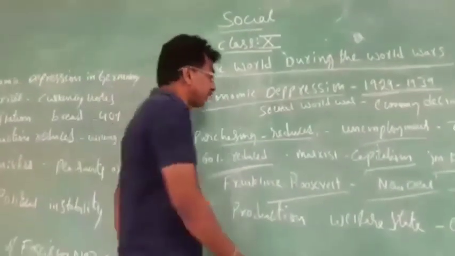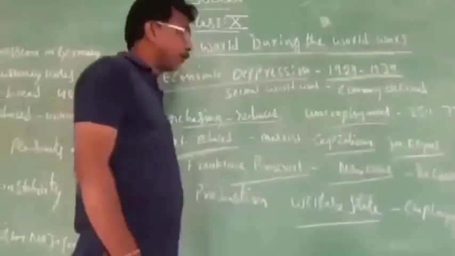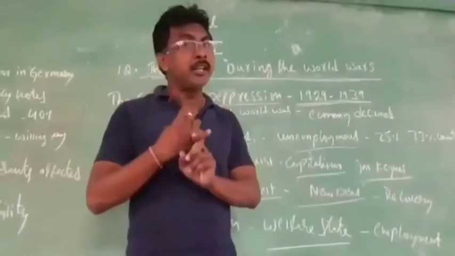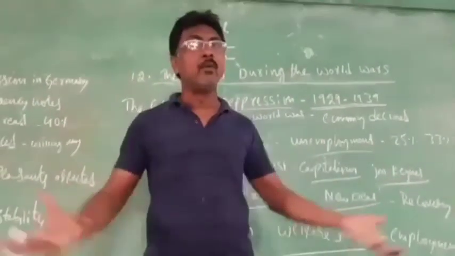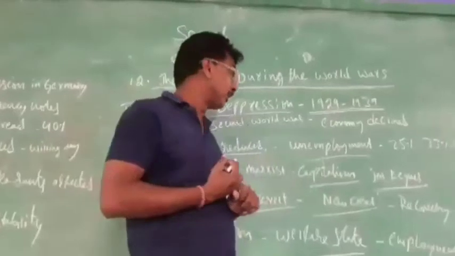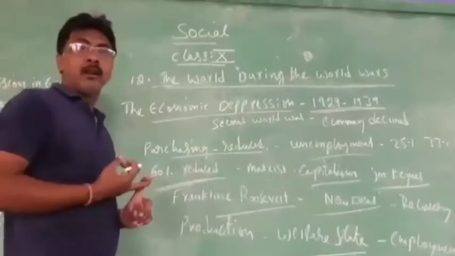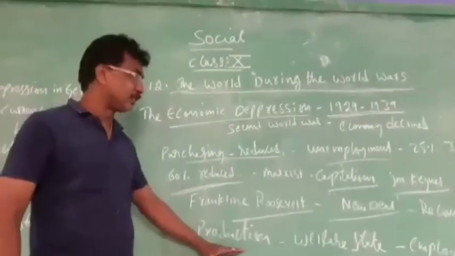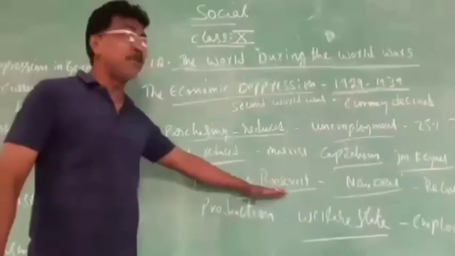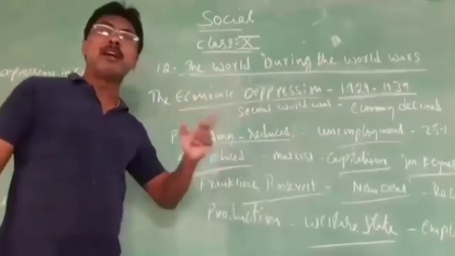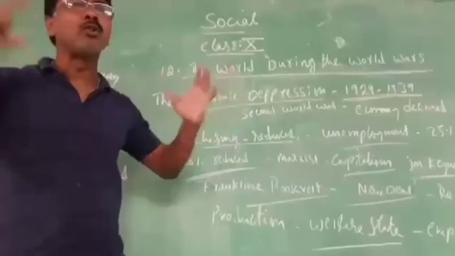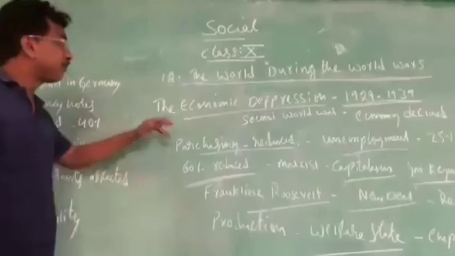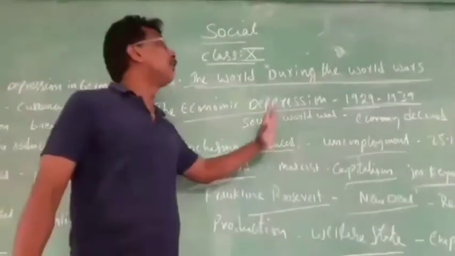And the welfare state, helping the poor people, and we should generate employment. He generated more employment and gave more people jobs. He did welfare, established hospitals and schools, and production increased. With this, America also developed. Like that, England, America, everybody came out of the economic depression. We should know that the economic depression lasted from 1929 to 1939.